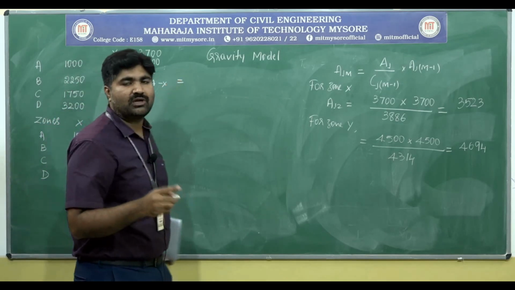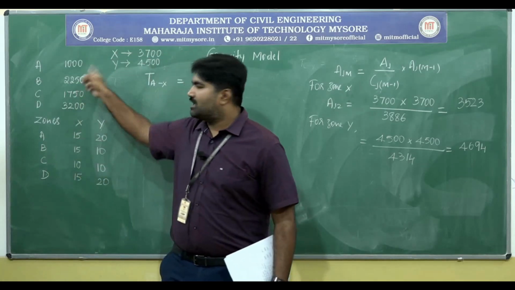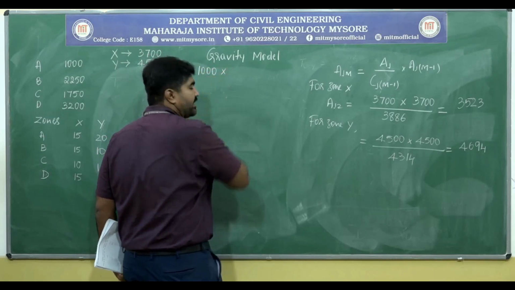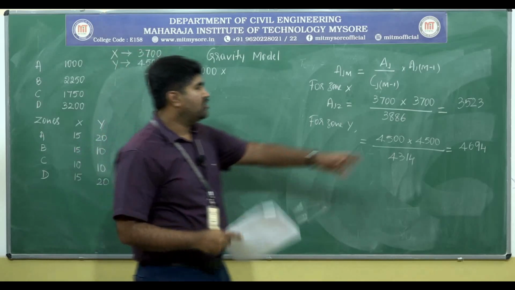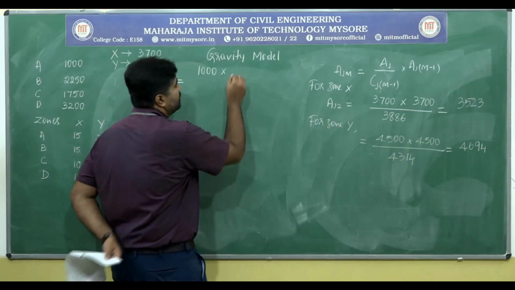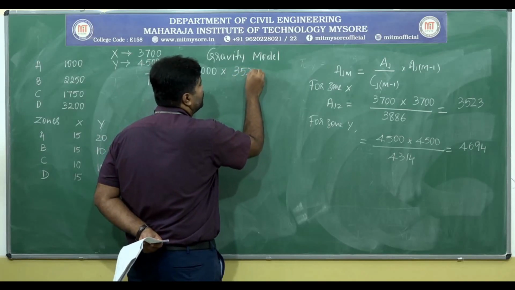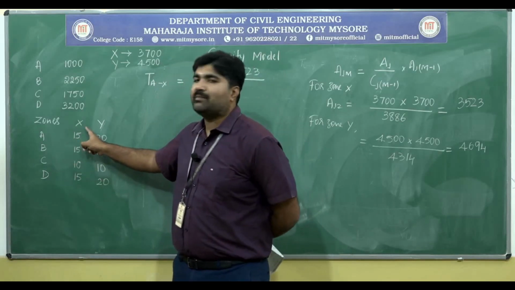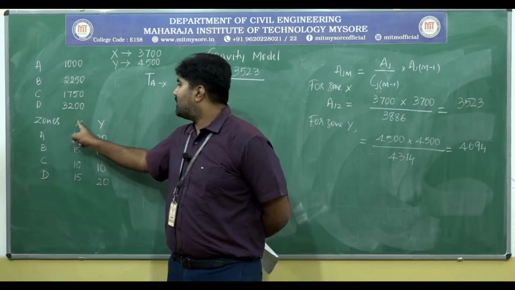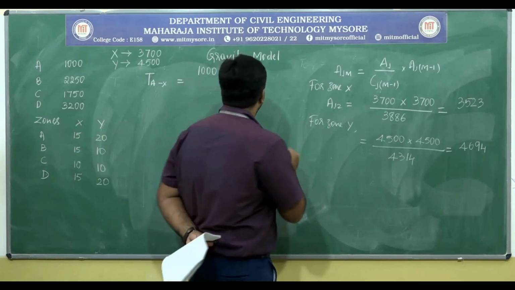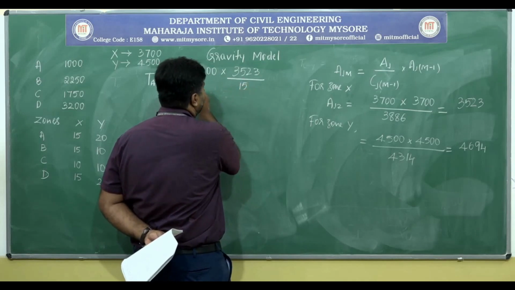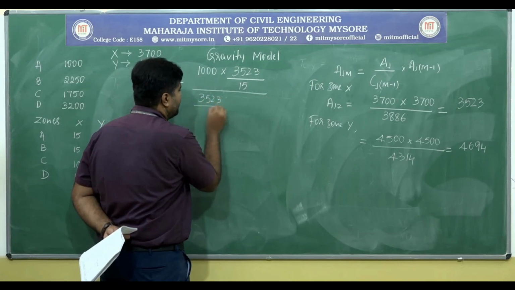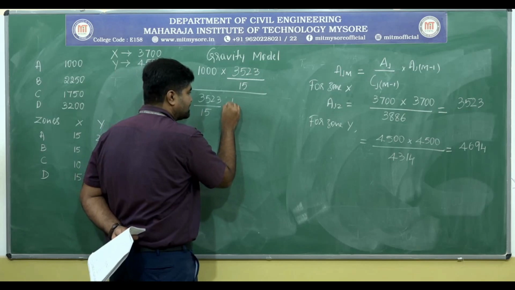We know the trips generated in zone A, that is 1000, and it is attracting towards X. We got the new value, that is 3523. We have to take that value: 3523 divided by the time taken to travel from A to X, it is 15 minutes, so 15 squared, whole divided by 3523 divided by 15 squared plus